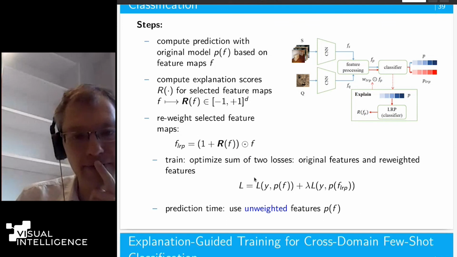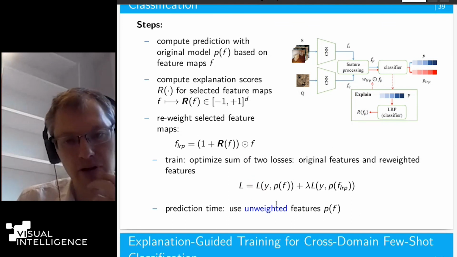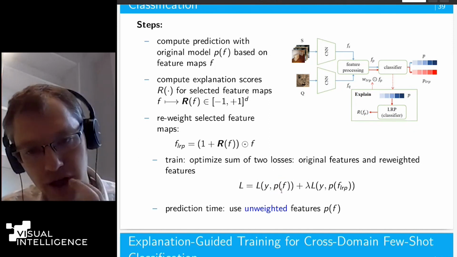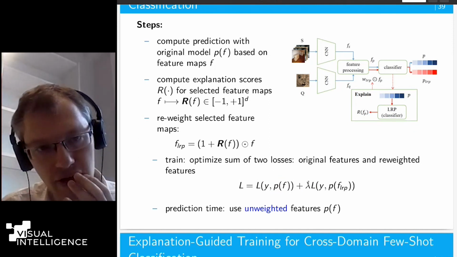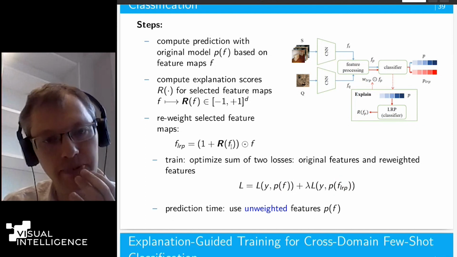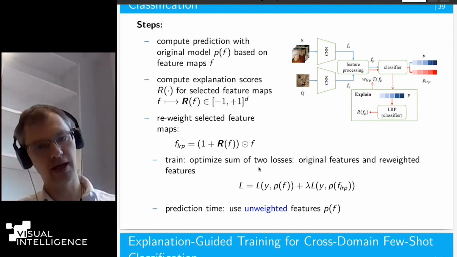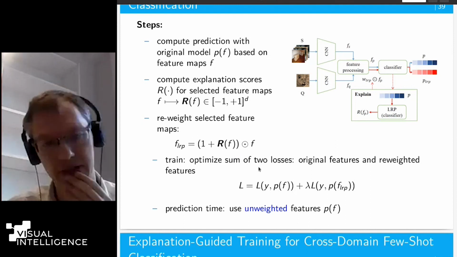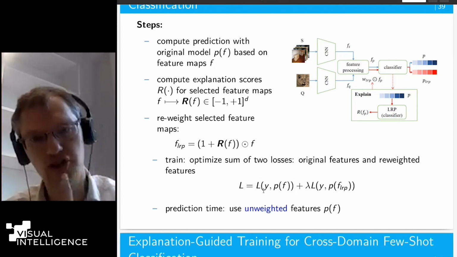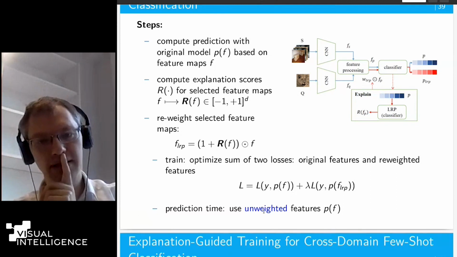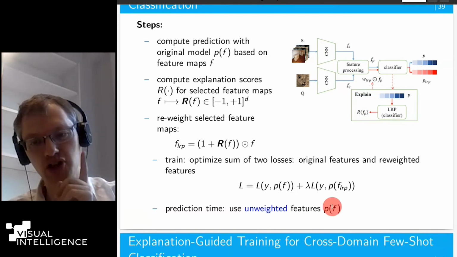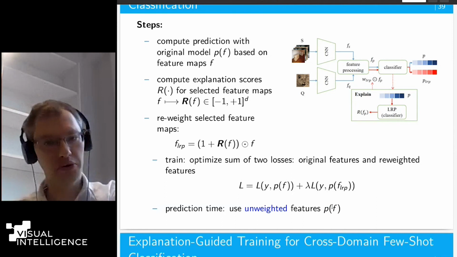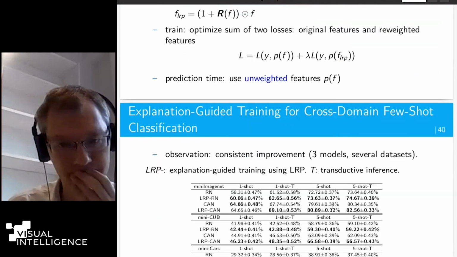And then during training, I optimize a sum of two losses: my loss function with the original features and my loss function with the LRP-reweighted features. Then in training, I compute the gradient and update the model parameters. At prediction time, and that's important, we use the original unweighted features only. No explanations at prediction time.